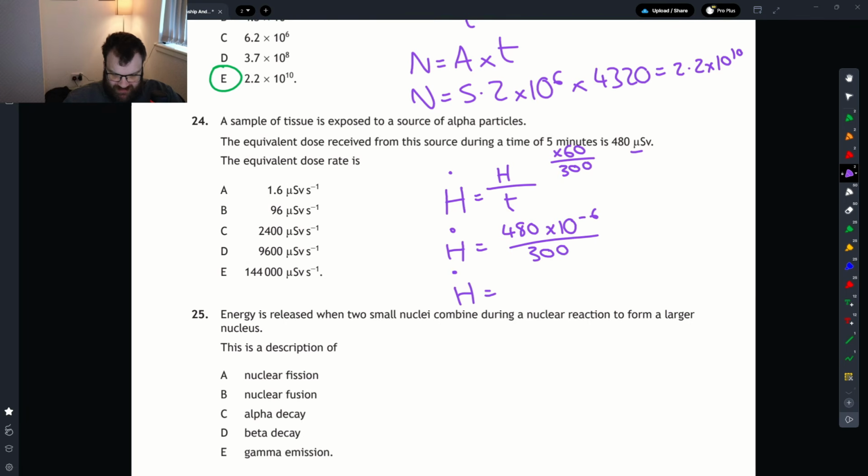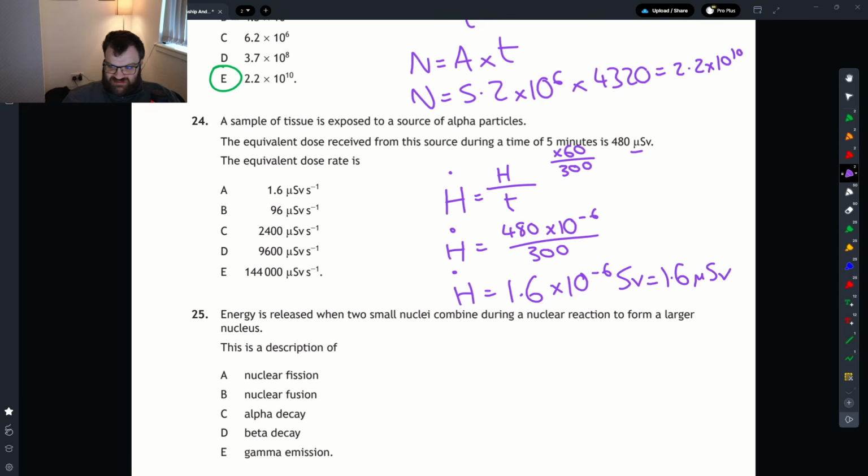I've just noticed something. I'm going to do this anyway. So I've just clocked there that if you look at the answers, they're all in micro anyway. So we should have or could have just left it as micro sieverts, putting it into it. 480 times, so I get that out to be 1.6 times 10 to the minus 6 sieverts, which is 1.6